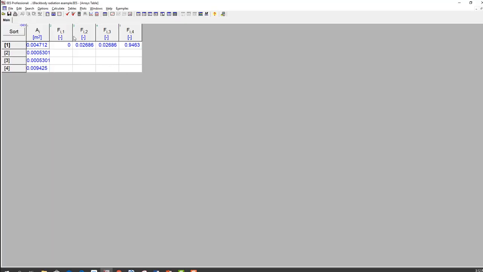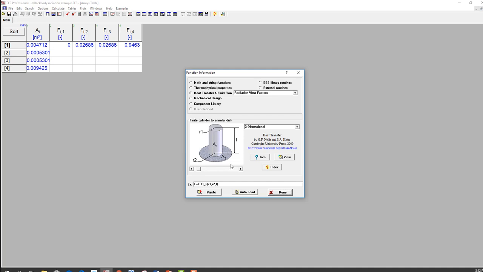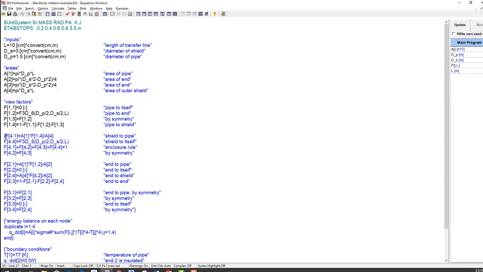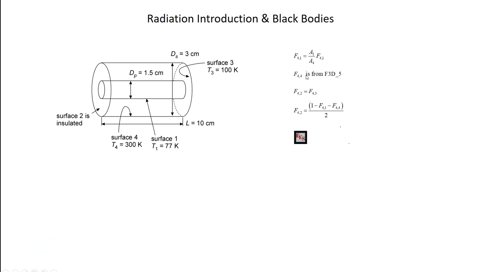And so, again, I'm going to see if anything in here is going to help me. And I think this is the one that helps me. This is from the surface to itself. This is kind of a weird one. This is F22. So I call that right here. And this is this guy right here. Once I have, in this case, it would be F44, then I know that,